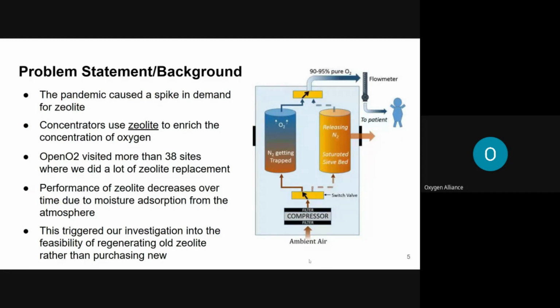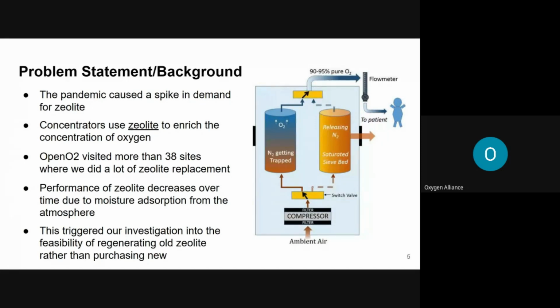And by then we had accumulated around 1,000 kgs of zeolite, which was a mixture of sodium and lithium-based zeolite. And if you are purchasing similar quantities from the manufacturers, this would cost around $20,000. So this motivated us and it triggered our investigation into the feasibility of regenerating this old zeolite rather than purchasing